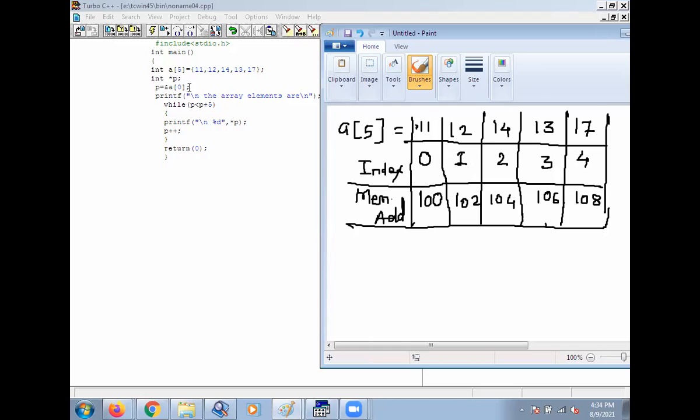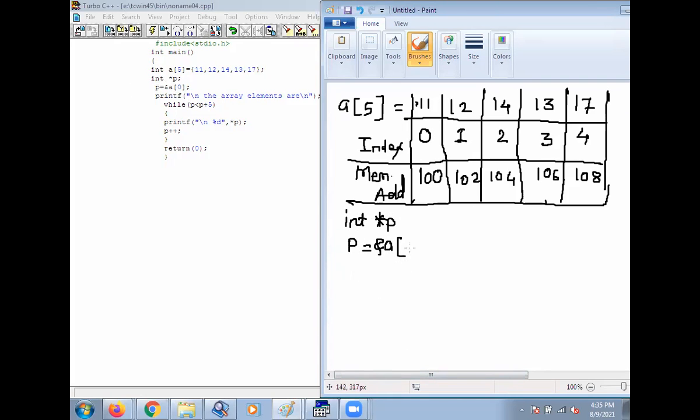See this statement: p is equal to &a. Initially you have defined integer *p, and on the next line you have declared p is equal to &a. What is the meaning of &a or a[0]? There are two types of pointers we have seen. Star pointer indicates value, ampersand pointer indicates the address of that variable.